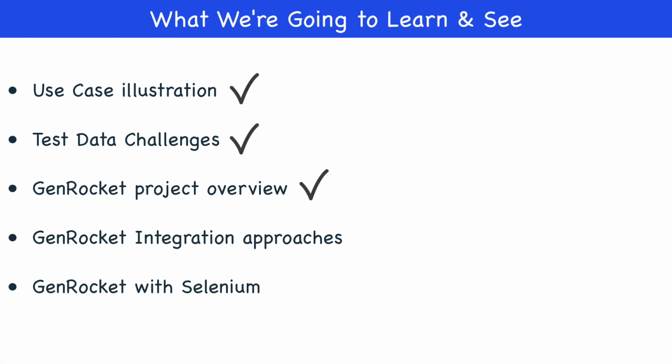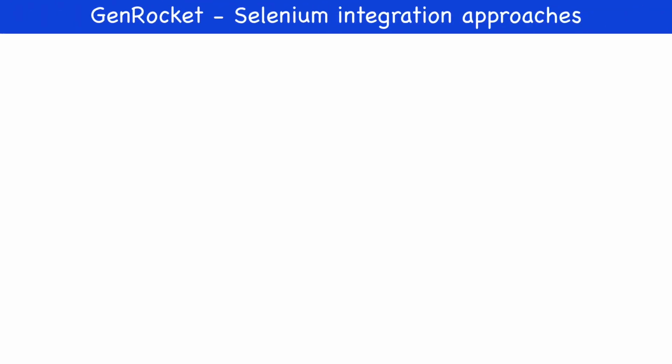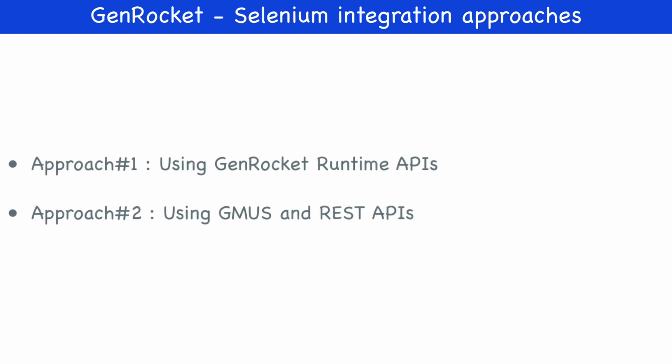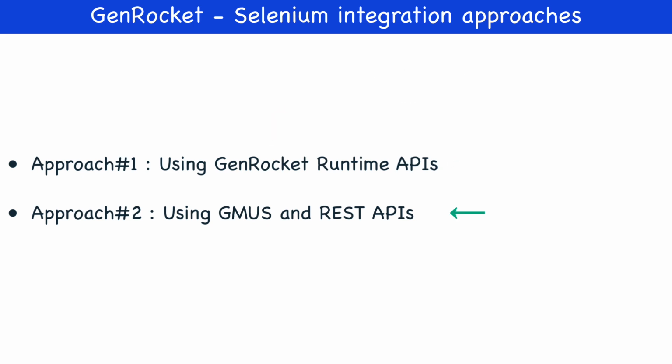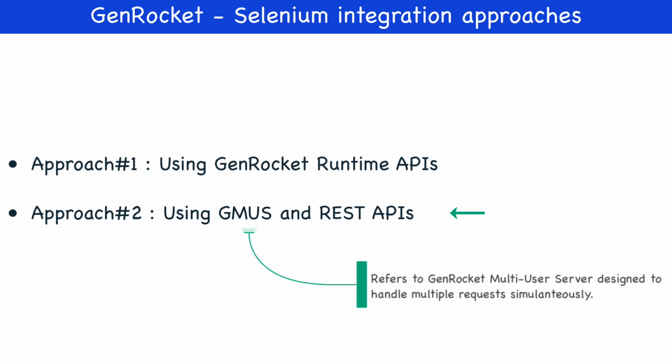Great progress so far. Let's deep dive into the most awaited section: various approaches on GenRocket integration. Although GenRocket provides multiple approaches for integration with other applications, tools, and frameworks, in this video we shall primarily focus on 2 key approaches. The first approach is using GenRocket runtime APIs, where we can access GenRocket components directly to run or modify. And approach 2 is using the GenRocket multi-user server and REST calls, designed to handle multiple user requests to execute